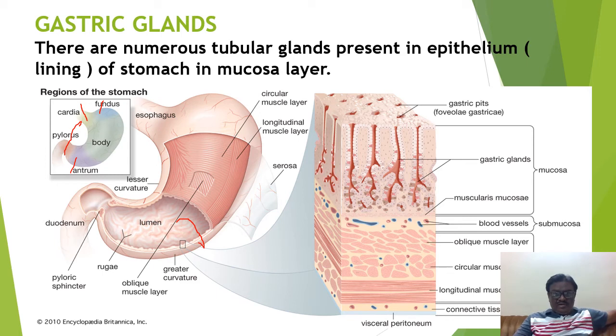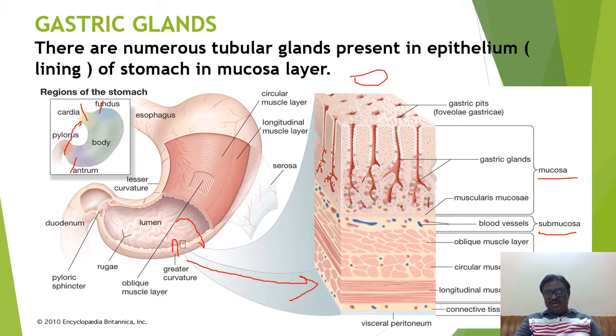If you take a section through this gastric gland, it appears like this kind of structure when focused under the microscope. Under the microscope, the wall of the stomach has 4 layers. You can see the outermost layer, the serosa, followed by the muscularis, then the submucosa, and this is the mucosa layer. Suppose this is the lumen, which acts as the temporary reservoir of food.